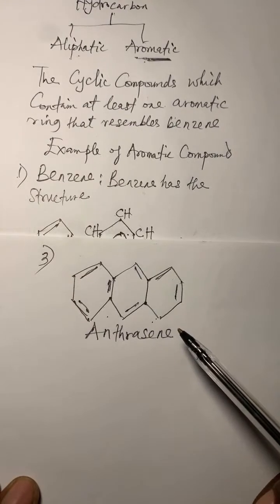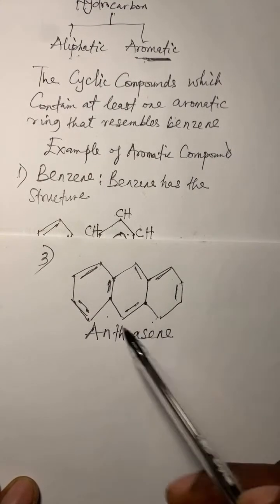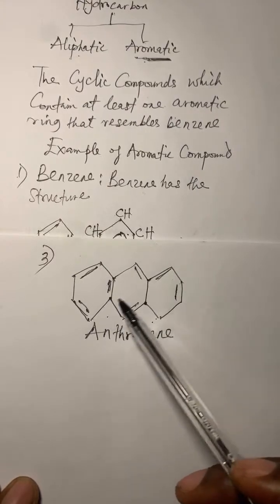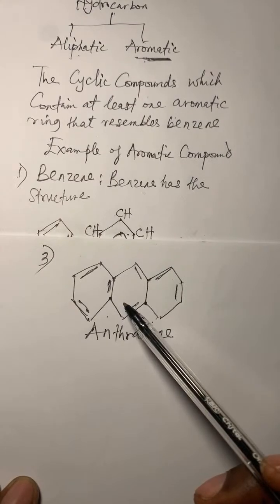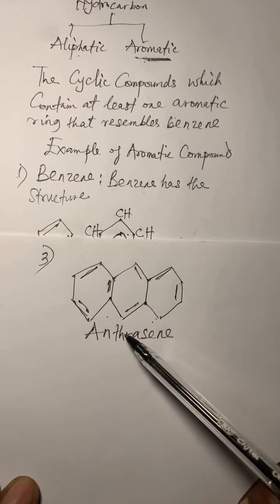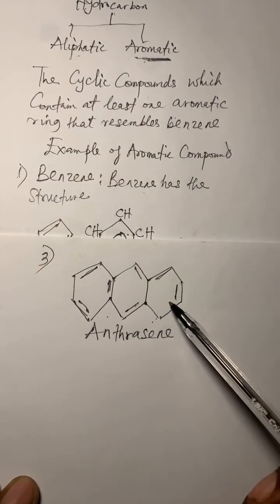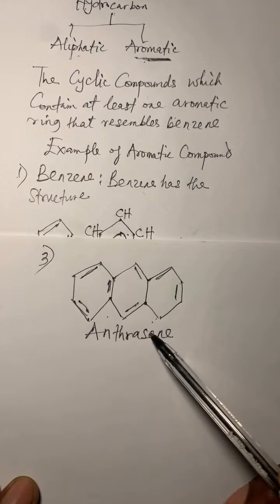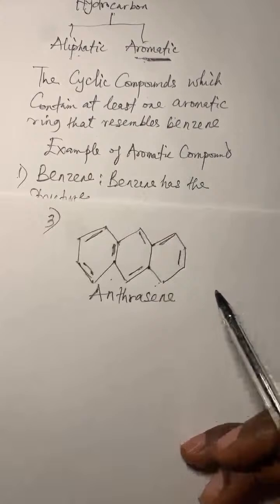Exactly, exactly. Paul said naphthalene. That was correct. I hope you all still remember. I said when you have two benzene molecules or benzene rings attached together, that is called naphthalene. Exactly. Augustine is also on point. Please do not forget it, gentlemen. So when you have three benzene rings attached together, that one is called anthracene. Does that make sense? All right, moving forward.